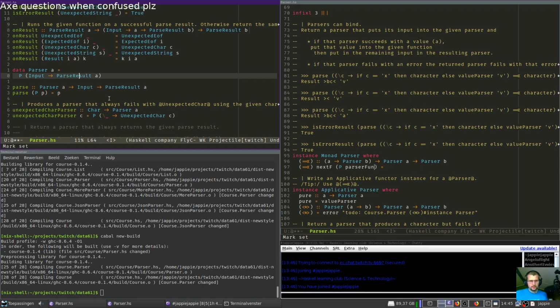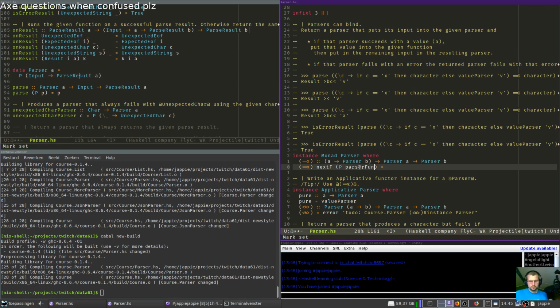Because we get the input now. Huh. Maybe we should also destructure the B then. Okay, so we get the B out. Yeah, maybe that's the way to do it. Bit weird, but yeah. So we can just do parse then, and we also destructure the resulting B. Okay. Yeah, that seems the only way to do it.